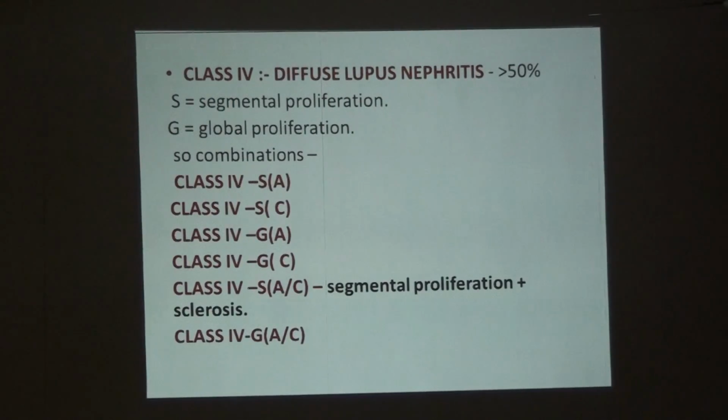Class 4 is diffuse lupus nephritis. That means more than 50% of the glomeruli have been involved. So again, this is broadly classified into 2 types. S is added when there is segmental involvement, and G is added when there is global involvement. And if we combine this along with active, chronic, and active on chronic, we get these 6 types of sub-classifications